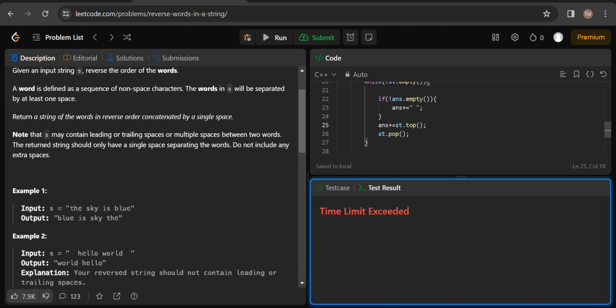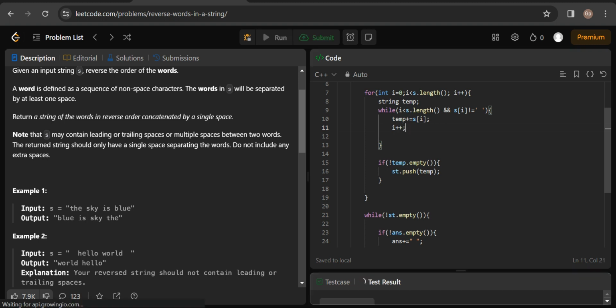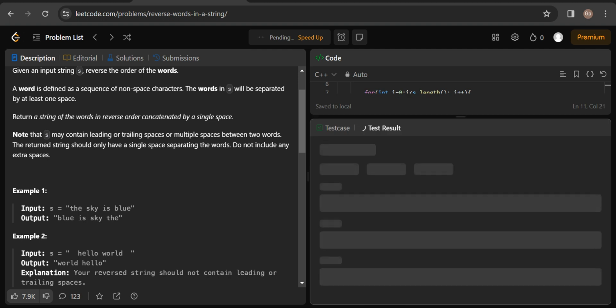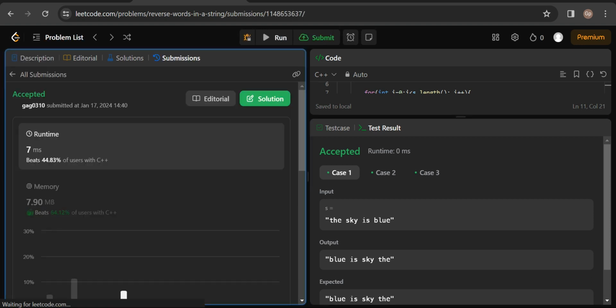Time limit exceeded. What happened here? Okay, here we haven't done I plus plus. I'm really very sorry. Yeah, it is accepted and now we'll submit it. Yes, it is accepted. Thank you for